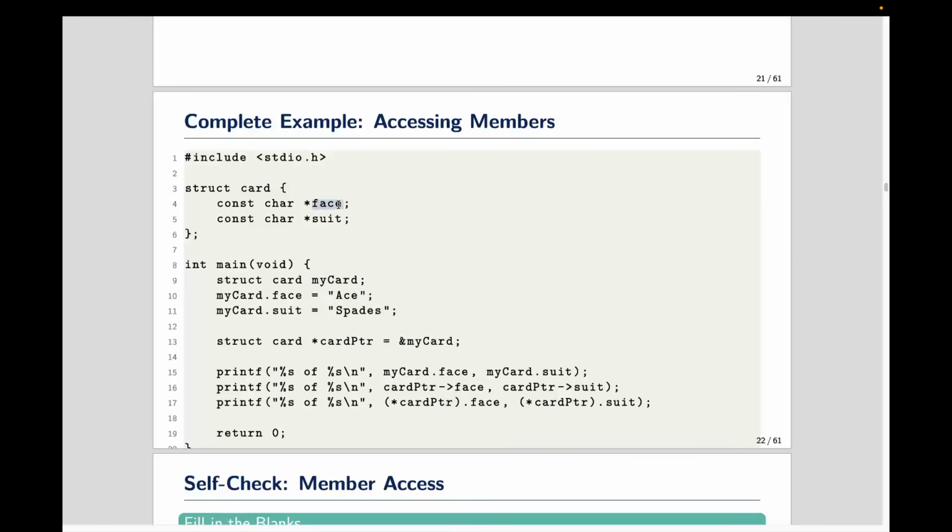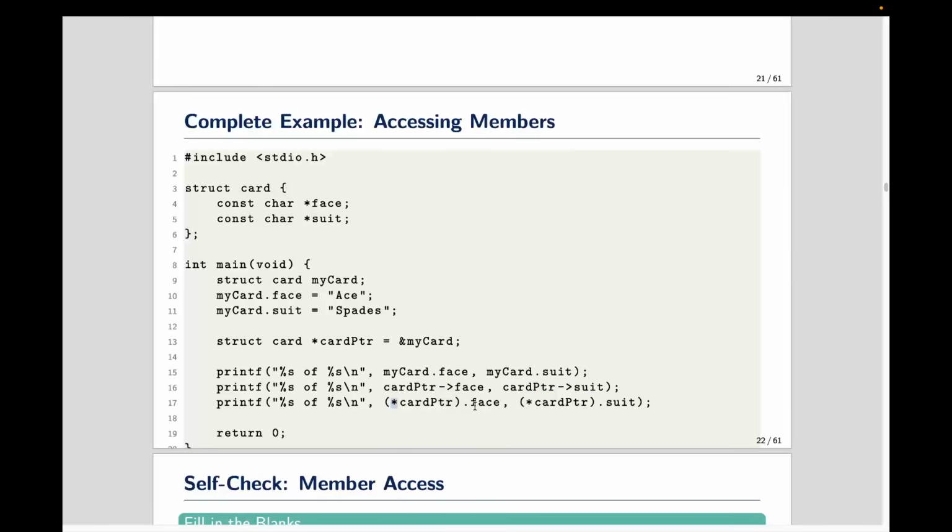So what happens? The face value, which is stored, of course, in the memory, because it's a pointer and it's storing some string in this case. So this will be ace printed over there. And if I want to have this suit accessed, so this will be ace and spade printed in this case. Or if you want to not use the arrow operator, then you can use this static